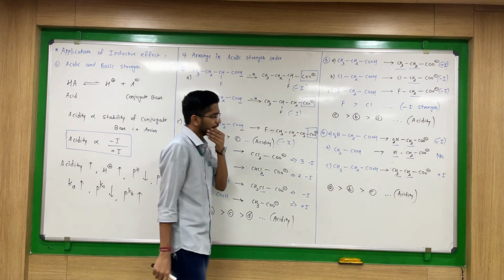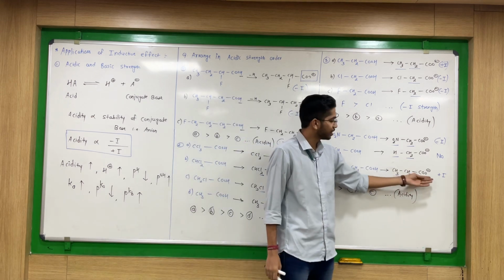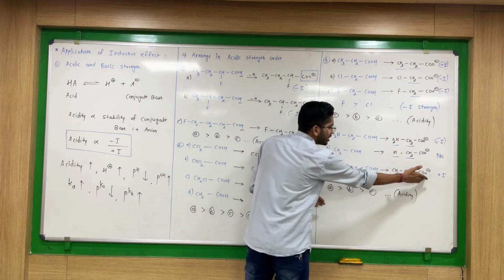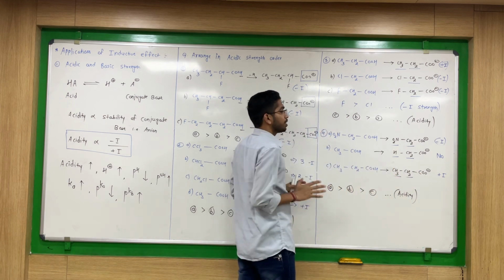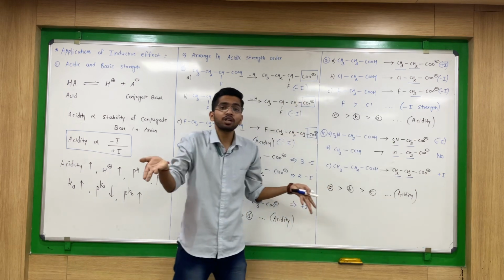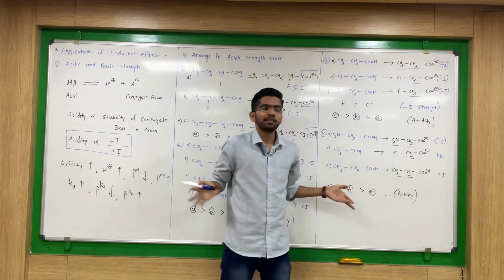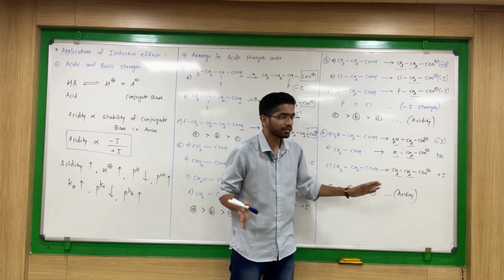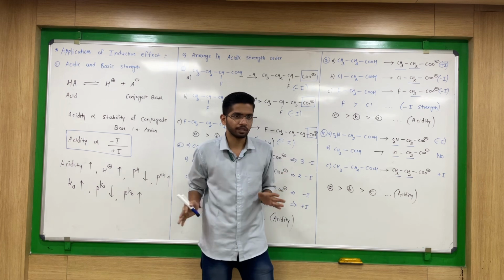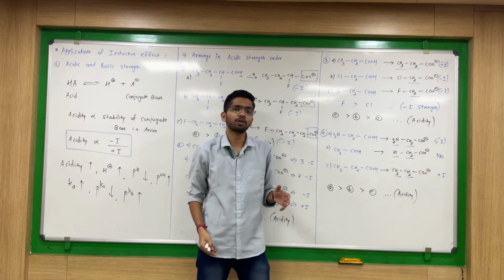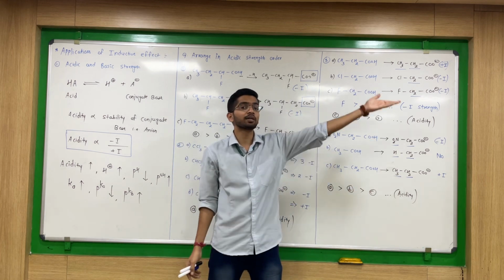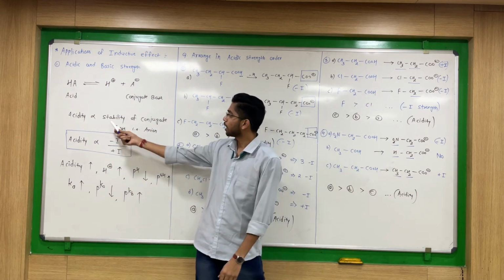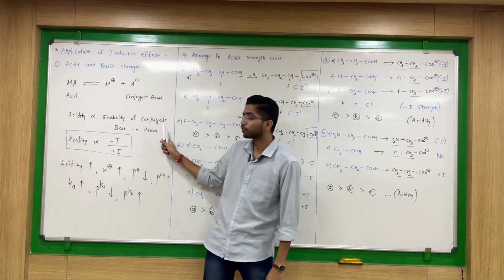So now why here A, B and C? Because B has no effect, and in C, see, initially if you look at C, already this is not stable because charge is there. CH3 again giving more electron density, making it more unstable. H is not giving anything. Initially some charge is there on CO minus, it is as it is. But in the third case, already there is some charge on CO minus and CH3 again giving that electron density. So what will happen? It will become more unstable. What will happen to the acidity? Acidity will decrease. Why? Because acidity is directly proportional to the stability of the conjugate base.